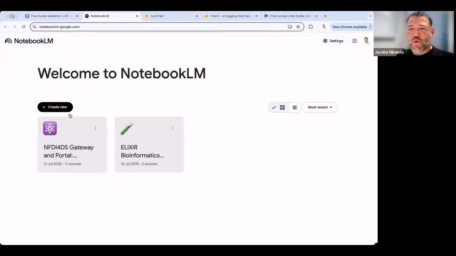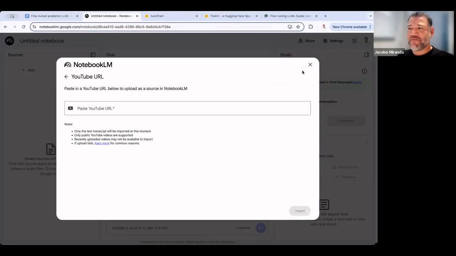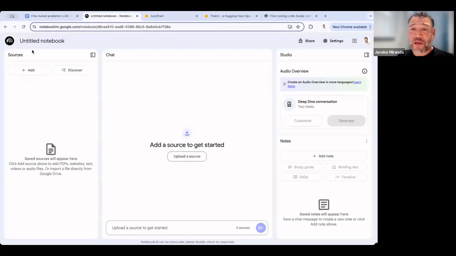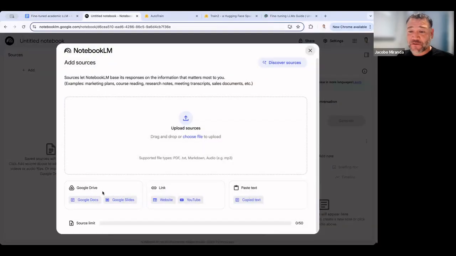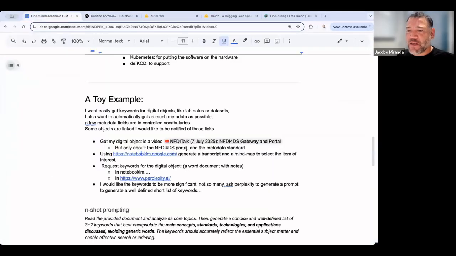I already went to Notebook LM and did this, but what you could do is, in Notebook LM, create a new notebook, and here where it says YouTube, link the video. You could also add other types of sources like Google Docs or text or files in these formats that could be included. So for example, if I